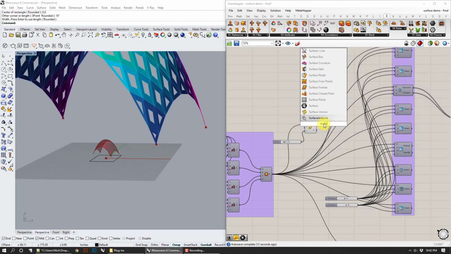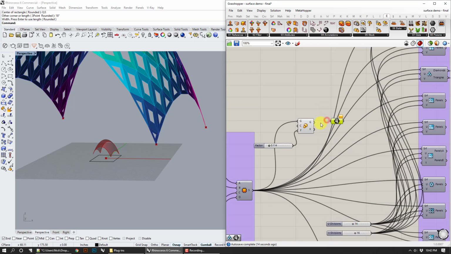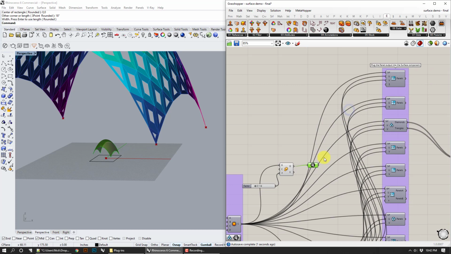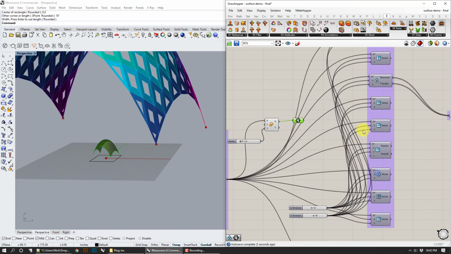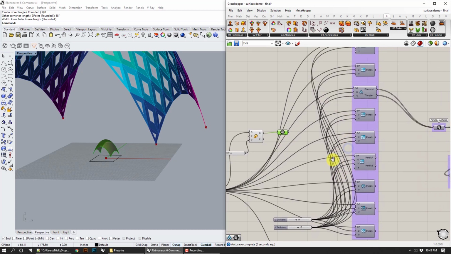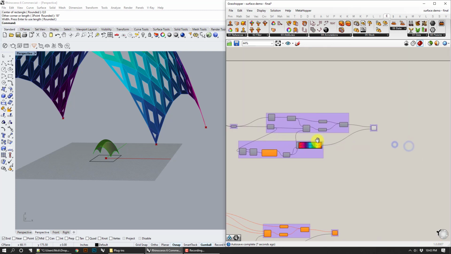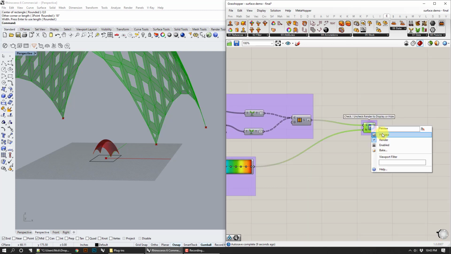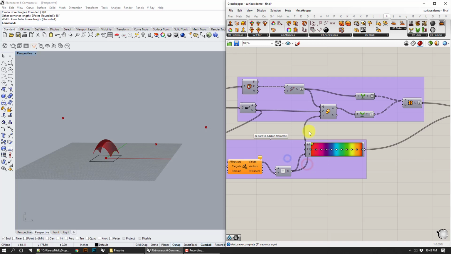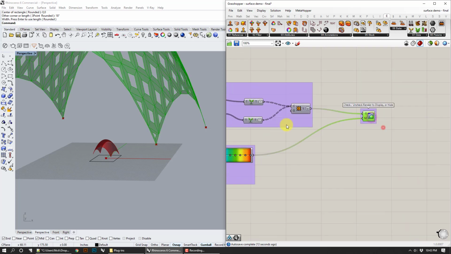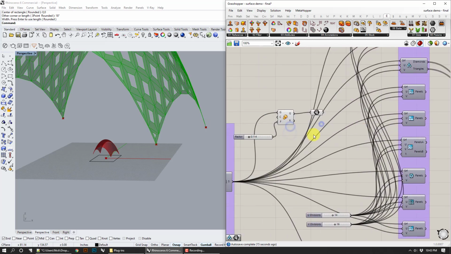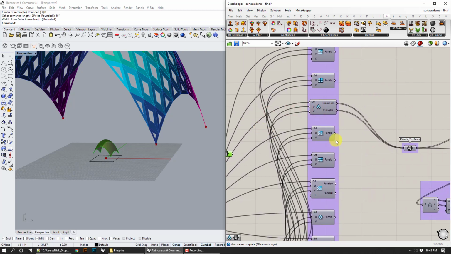And for clarity, I can just probably pop this into a surface component. And then if you wanted to, you could plug this into all these other guys, but we're not going to mess with that right now. Okay, we're going to go all the way back to the end here for now and turn this off. Actually, I can probably turn it on. Because what we're going to do is we're going to take that new surface and we were going to be